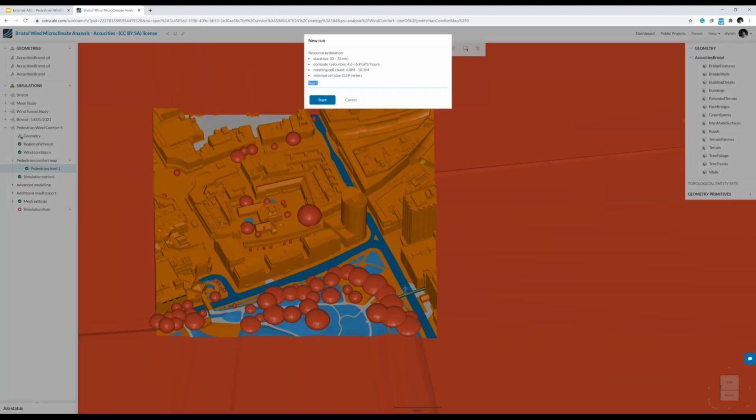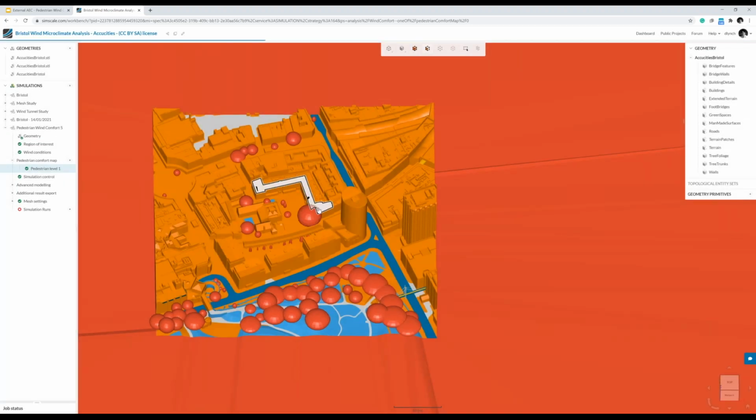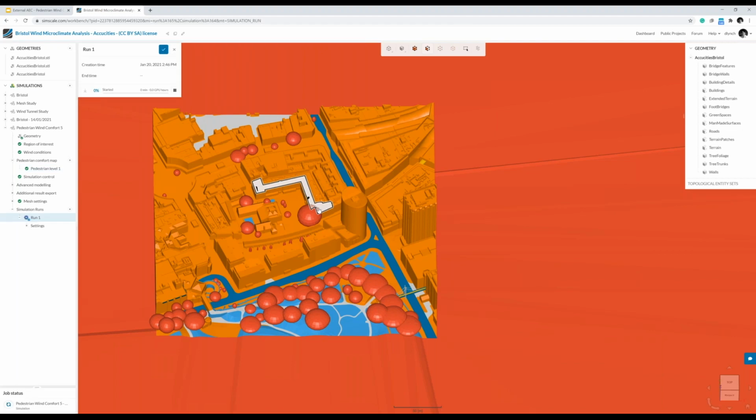And after which we get a little estimation. Now, this is very handy because it allows you to actually understand how much compute resources you're using, how long it's going to take to actually run the simulation, and also what resolution you're going to get results out as well. And we can press start, and this is going to start running a simulation. And then I think it was like 50 minutes time is the minimum that's going to actually return these detailed results back to us. So instead of waiting 50 minutes, I'm actually going to go to a simulation that I've already run and show you some of the key results of